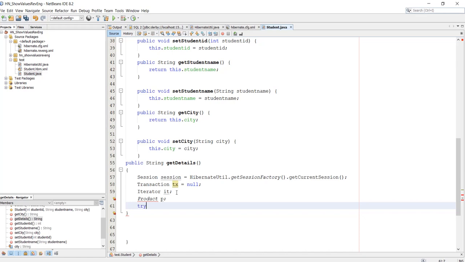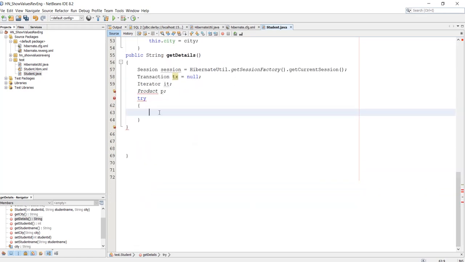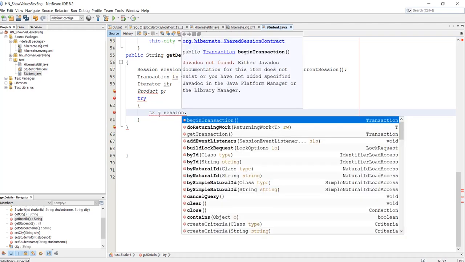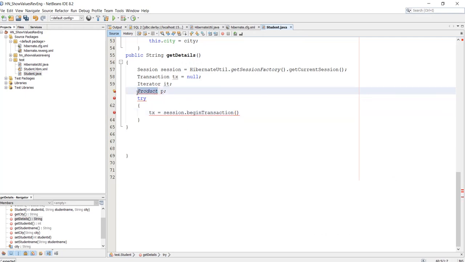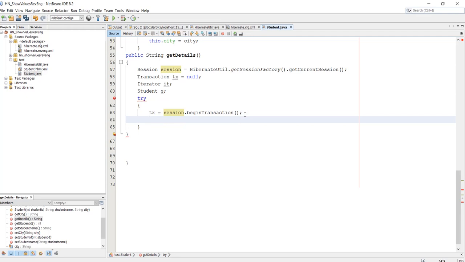And then let's start our connecting codes. So we can just retrieve data from our database. So first I will begin this transaction. So I can just write session dot, this name is student. Then after you begin your transaction, you can have a query. Now in this query I will get data